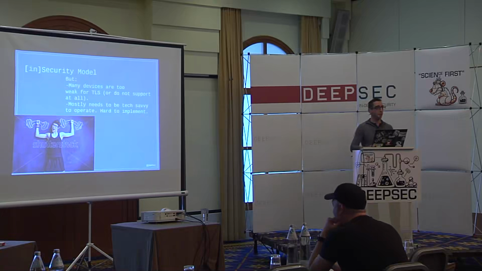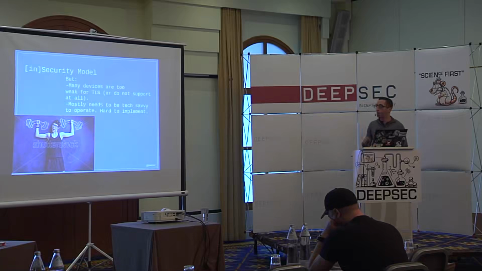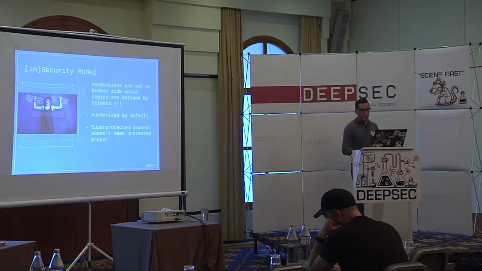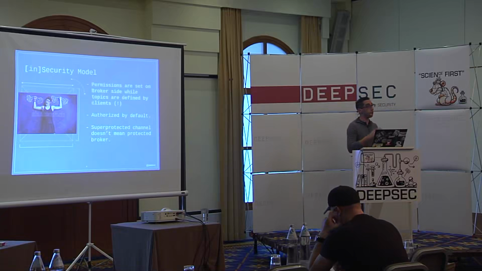I guess in a few years we will see more and more robust systems and more automatic systems to do this kind of work. So I guess the second thing is mainly temporary. What else we have? Actually, the biggest problem I have with MQTT, and I'm seeing it all over the internet, is that permissions for the topics are set on the broker. You have to be on the broker, let's say on my Raspberry Pi, and configure what kind of permission I want for each and every topic that I would like.